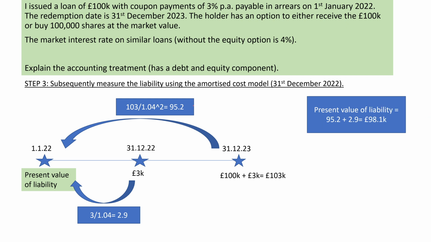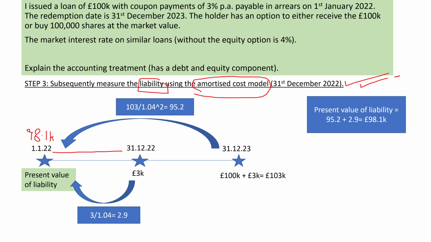Okay, next we need to measure the liability, continue measuring the liability at amortized cost. Okay, and we need to calculate the value of the liability at 31st of December 22. Now think about it, we have a liability balance that is going to be initially 98.1k, and between this date and